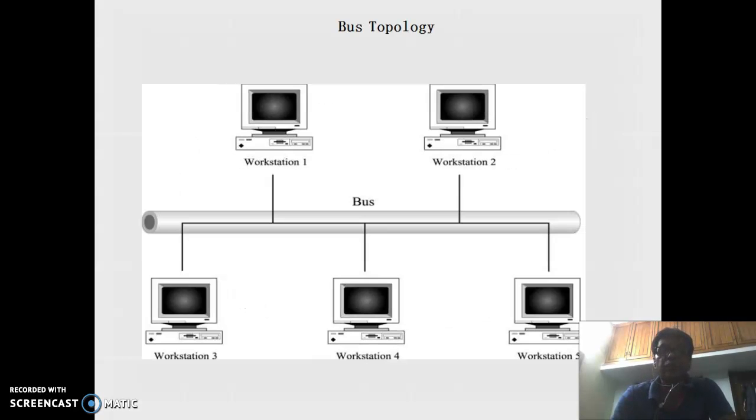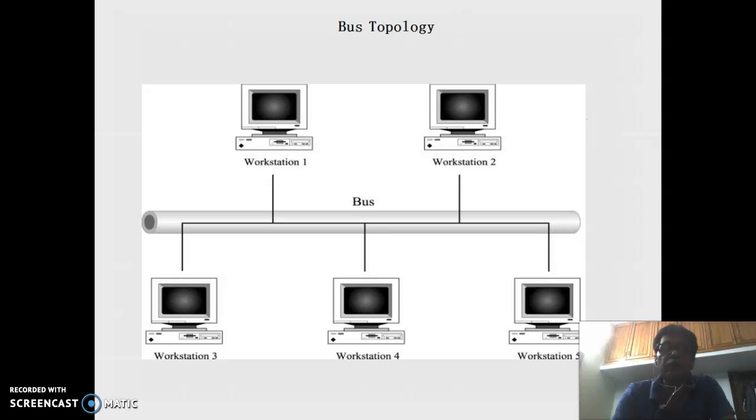Then this is a bus topology. This is your Ethernet bus connecting line, in which the different users are connected. Different users are interconnected through Ethernet. This is nothing but your bus topology.